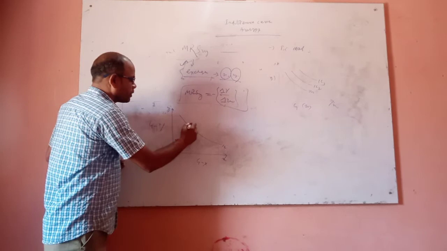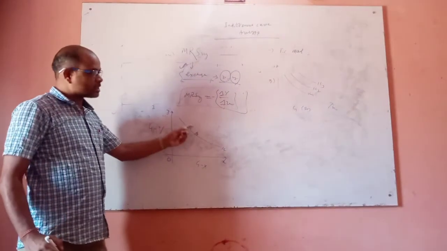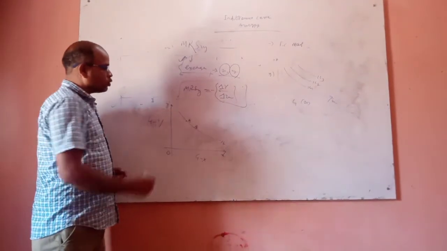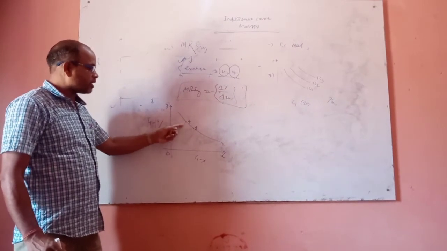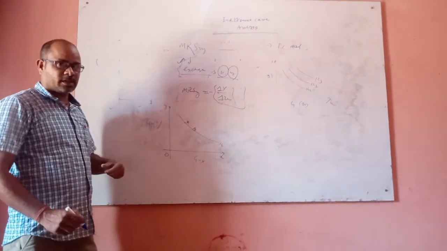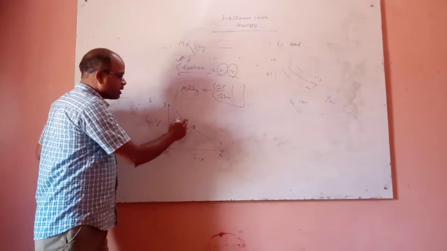Suppose we have taken two points, A and B, on the same indifference curve. Suppose the consumer wants to change the point to determine another combination between y and x, or x for y, then he has